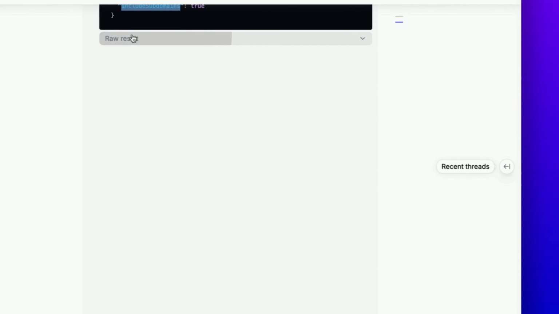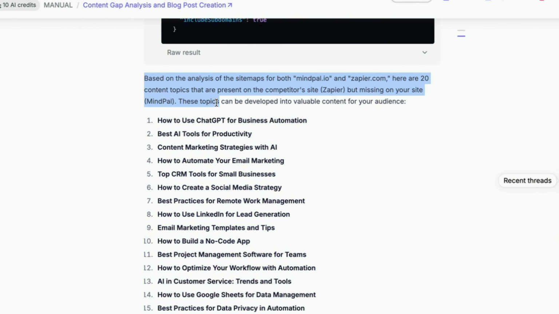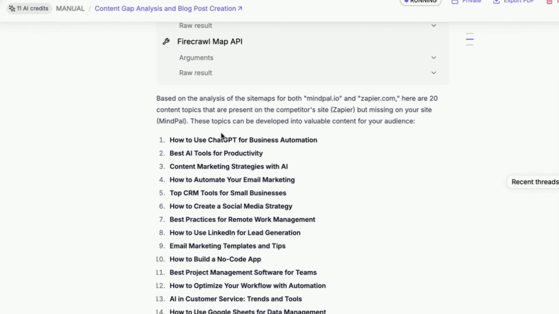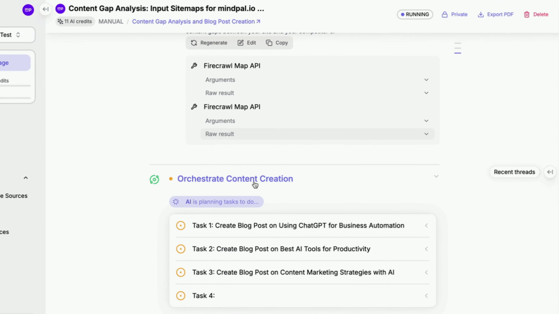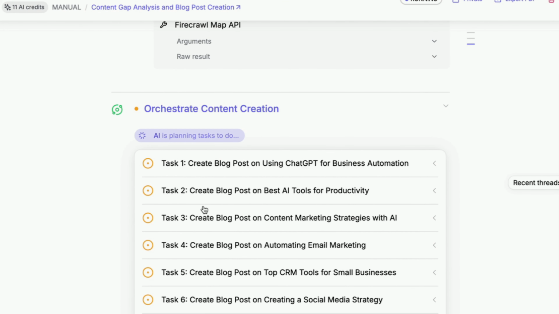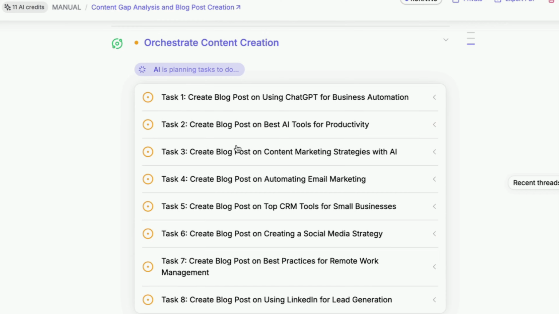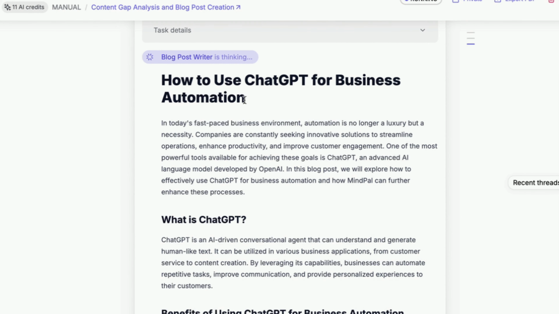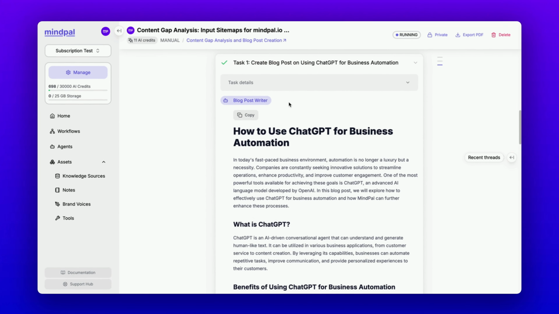You can see here there are a lot of things, and I asked this agent to suggest 20 content topics that we can use to write blog posts on MindPal. You can see that the orchestrator worker node starts to initiate a to-do list with blog posts here. It starts with writing some pretty basic blog posts, like how to use ChatGPT for business automation. Sometimes it is a very obvious topic, but it generates a lot of search traffic on Google and other search